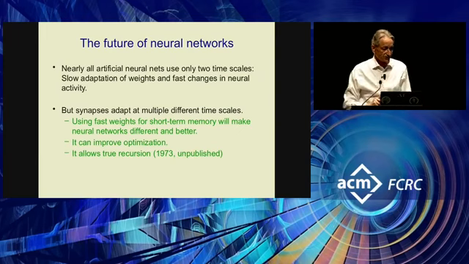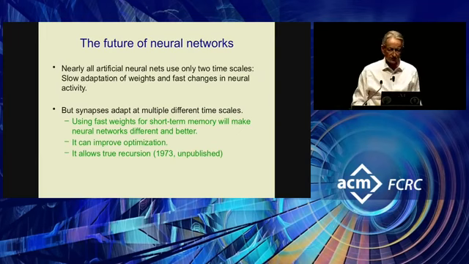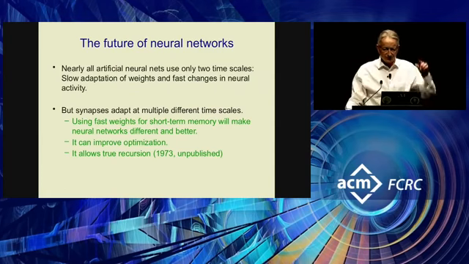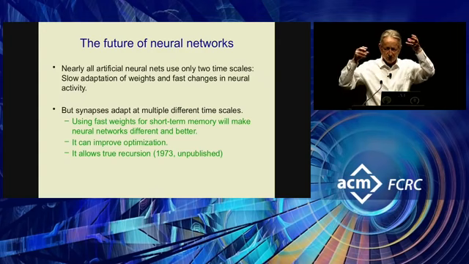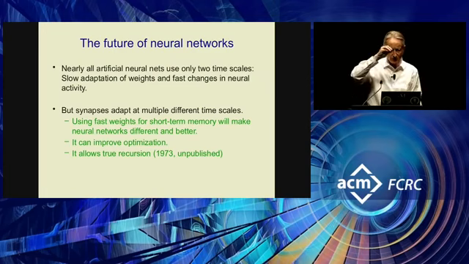And the last thing I want to say is not about shape recognition in particular, but about the future of neural networks. There's something very funny and very unbiological we've been doing for the last 50 years, which is we've only been using 2 timescales. That is, you have neural activities, and they change rapidly. And you have weights, and they change slowly. And that's it. But we know that in biology, synapses change at all sorts of timescales.